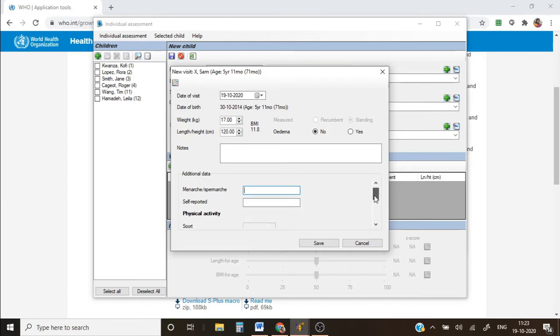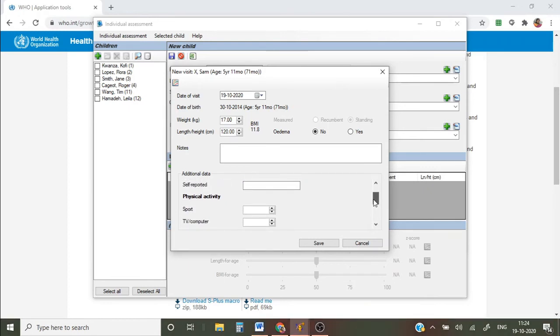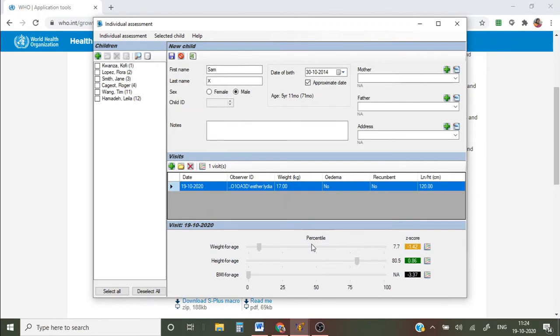You also have additional information like physical activity, sports, time that they are viewing computer or TV, that is screen time, whether they are vegetarian or non-vegetarian, and what kind of food they have in terms of the portions of vegetables that they consume, and if blood pressure or blood lipid is recorded. So all these things can be fed in and you can save.